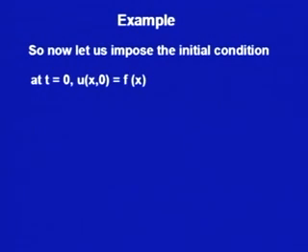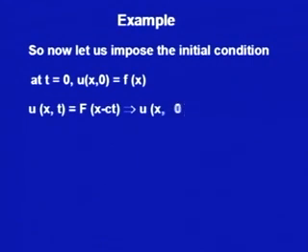We say at time t is equal to 0, the solution should be of the two variables u as x and t. So, what we are saying is that at t is equal to 0, u(x) is a function of x. Now, here f could be any particular function. In general, suppose f is a known function, then u(x, t) we had found out that the solution is F of x minus c t.